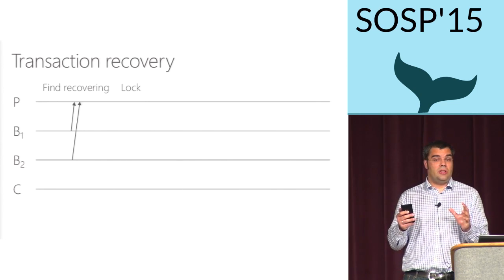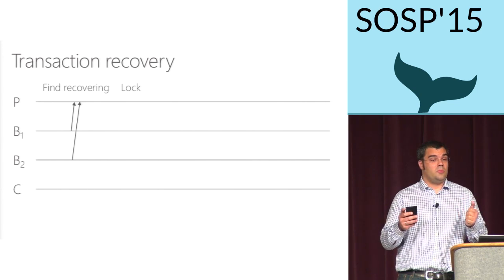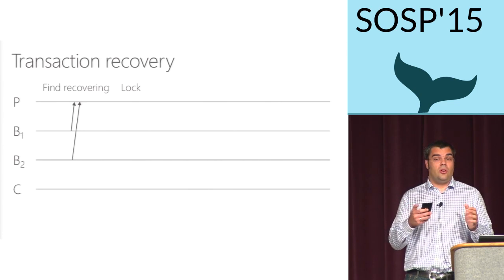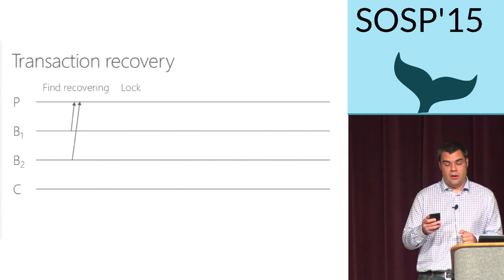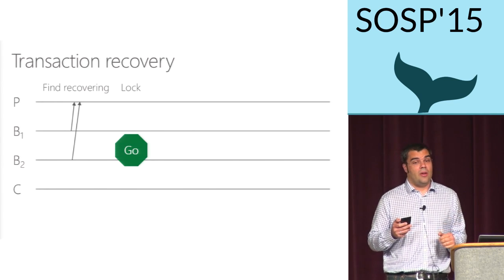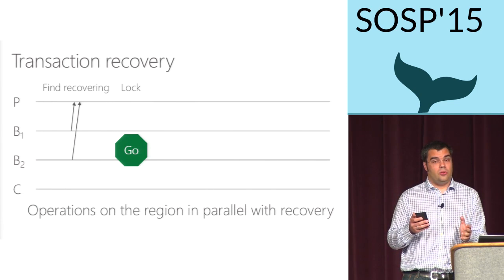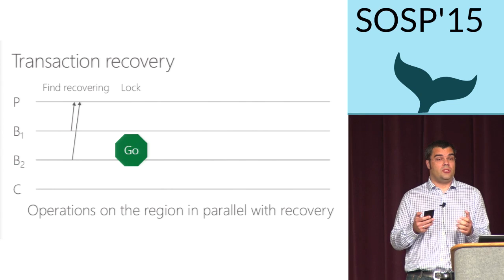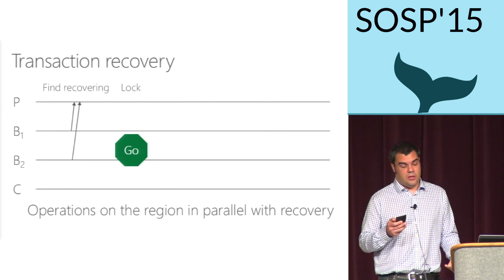And note that at this point in time, the primary has the copy of the data in main memory because it was an old backup that was promoted to a primary, and also it acquired the logs for all transactions that have been in progress. So the region looks exactly as it did before the failure. So from this point on, we can actually allow accesses to this region. And from this point on, operations on this region are going to be performed in parallel with recovery. So this basically means that we stop accesses to the region for a very short period of time, which lets us have these short downtimes and improves availability significantly.